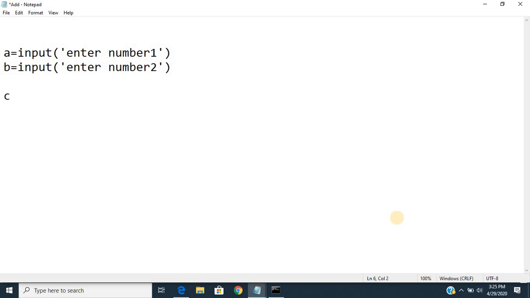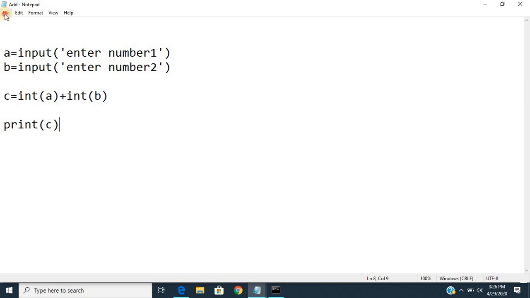Now we need to add the integer equivalent of the strings that we pass, because the input method will return a string. In order to convert that into an integer, we will use int of a plus int of b. Now we need to print c. So in this program we read two numbers, then we add these two numbers, store the result in c, and then display the c value.